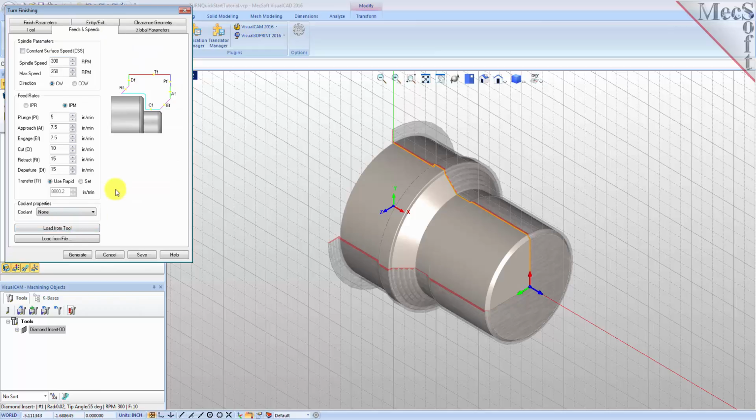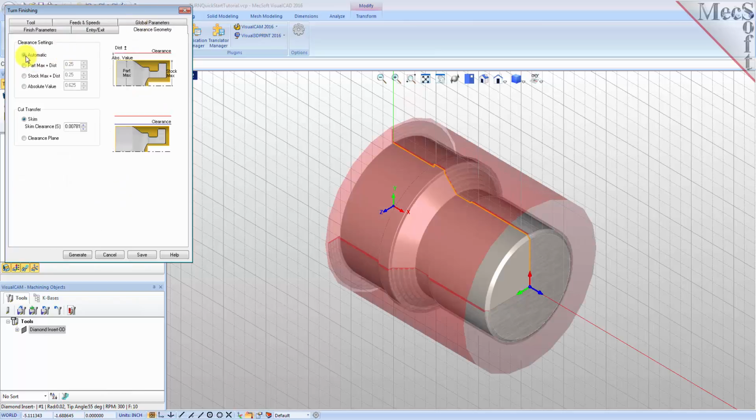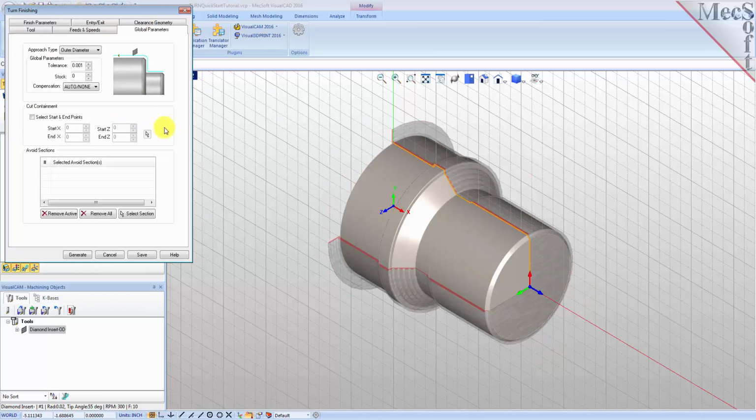The system will retrieve the feeds and speeds parameters that were set when the tool was defined and associate them with the current operation. Pick the Clearance Geometry tab and set the clearance plane definition to Automatic and Cut Transfer Method to Clearance Plane. Now we'll switch to the Global Parameters tab to specify parameters to control the cutting. Set the approach type to outer diameter and stock to 0. We will not be leaving any thickness on the part after machining, effectively removing all stock left over from the